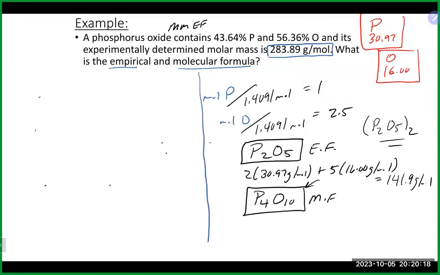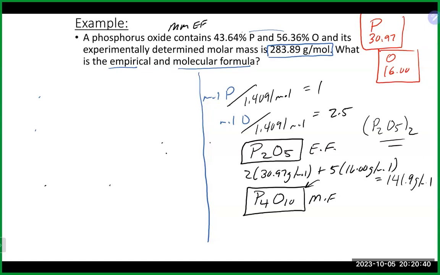So we could actually start with getting the molecular formula first and then work to the empirical formula, which is another approach that you could do. And that's because when we add up these percentages, they do add up to 100. So that means out of that 283, 43% of it or so is phosphorus grams, and 56% of it is